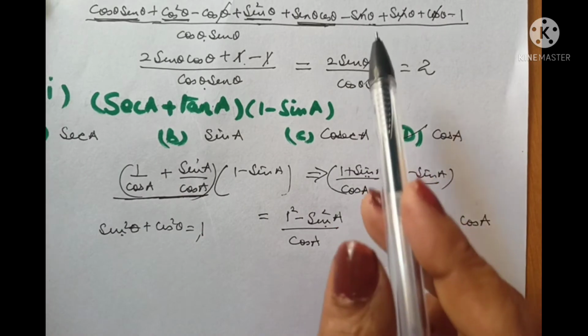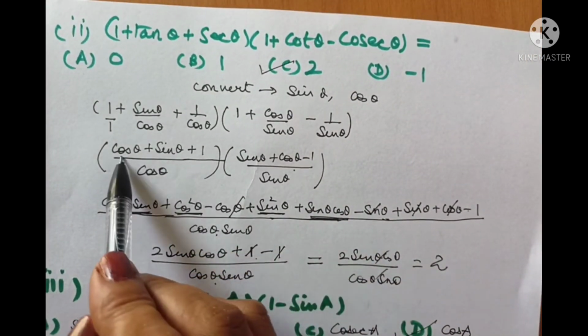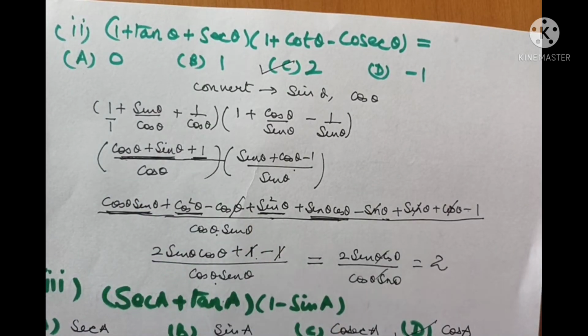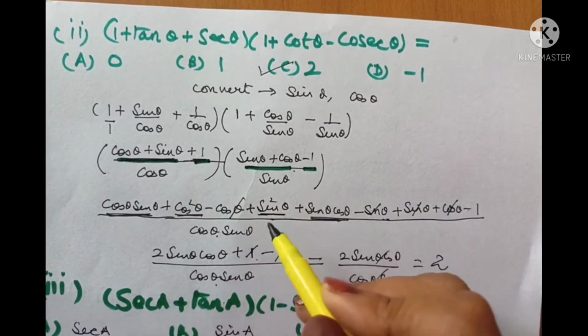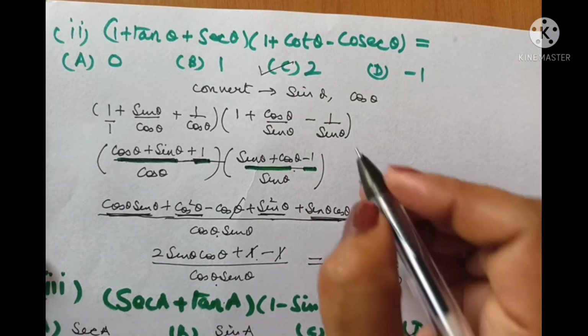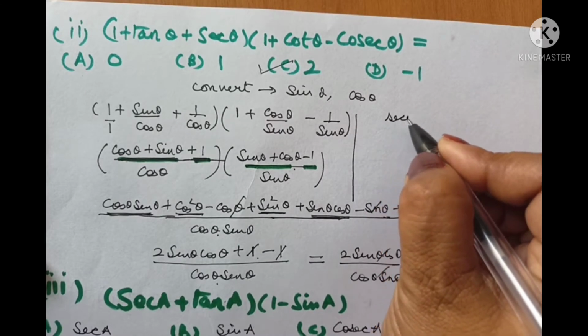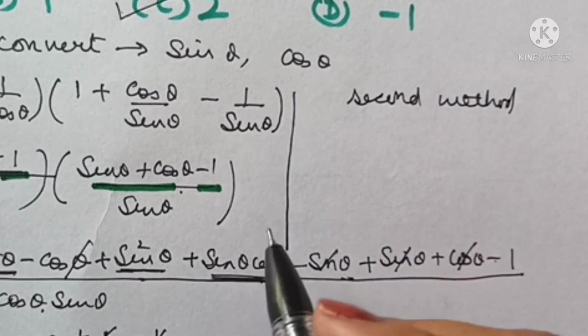In the second part I forgot to tell you the second method. The second method was using identity only. See, this is A plus B. If you don't want to multiply 3 by 3 as I have done, this is A plus B, A minus B. So this can also give you A square minus B square. So what it will be? Let me write down the second method. Right? Second method, what it will be? You just apply the identity.